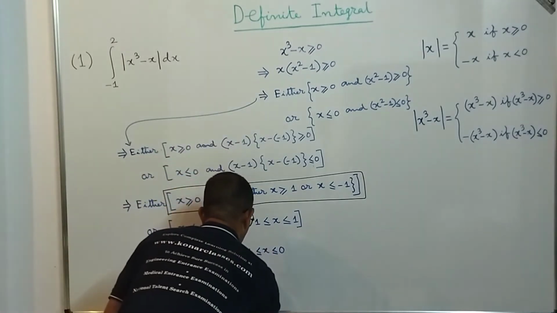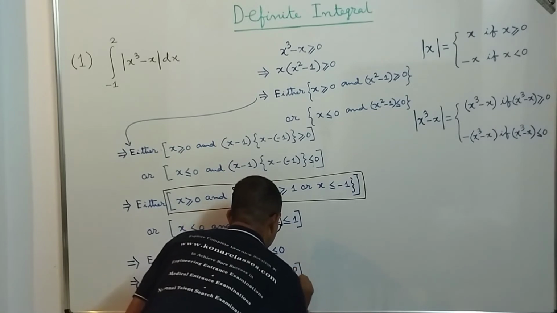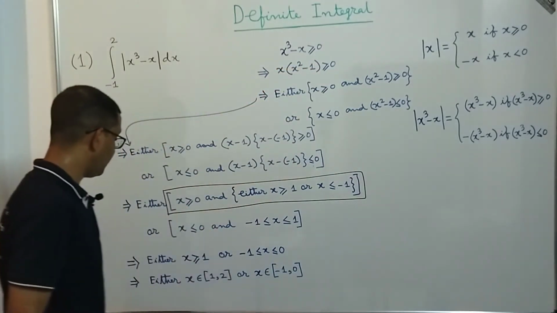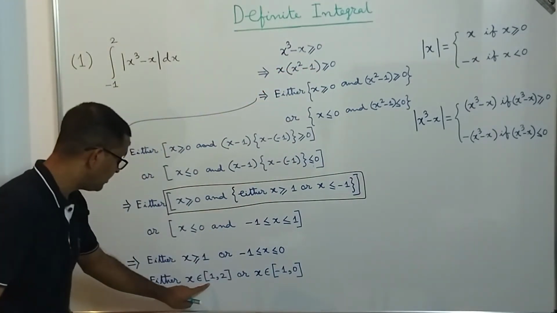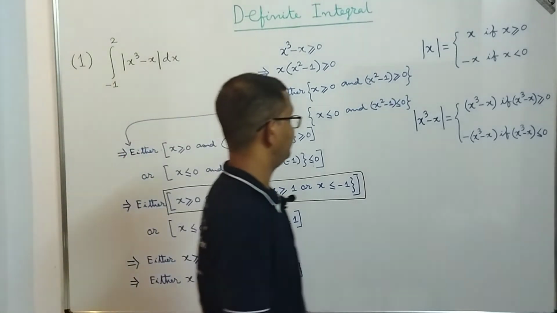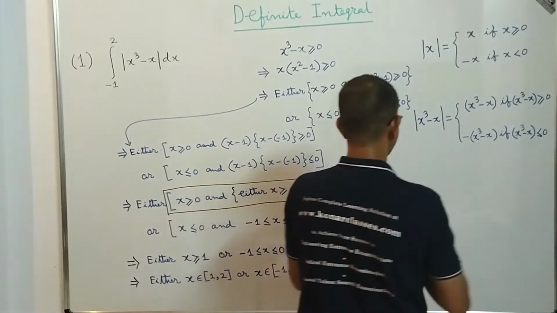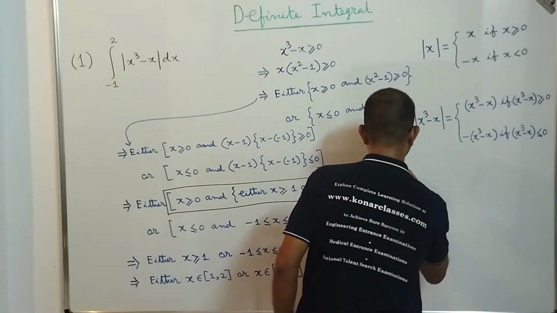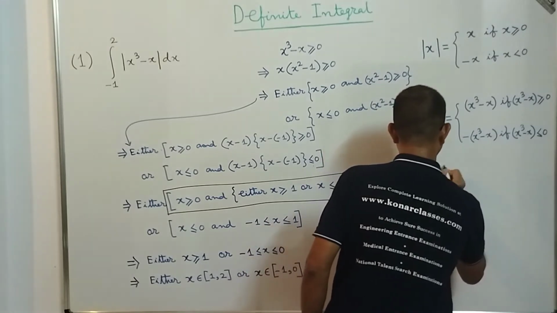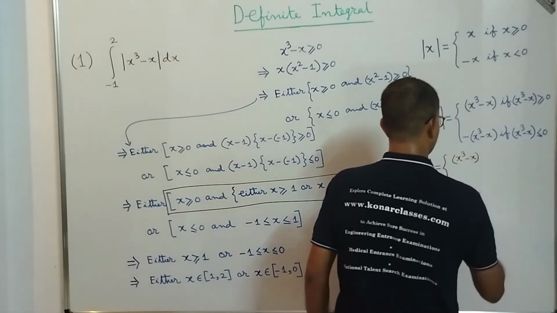So that means x belongs to the closed interval minus 1 comma 0. So what we get, dear students, is that x cube minus x is greater than or equal to 0 when x belongs to the closed interval 1 to 2 or x belongs to the closed interval minus 1 to 0. So from here we can write, if I use a different color, this implies mod of x cube minus x is equal to x cube minus x,